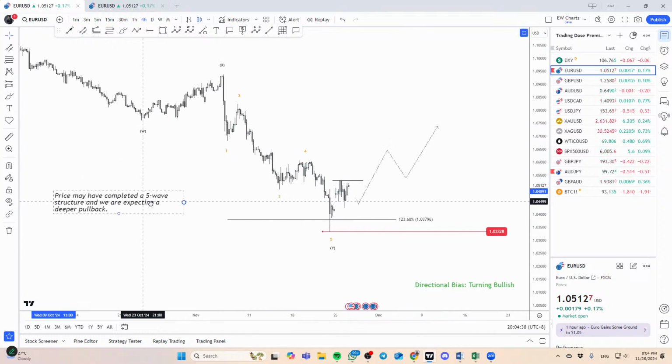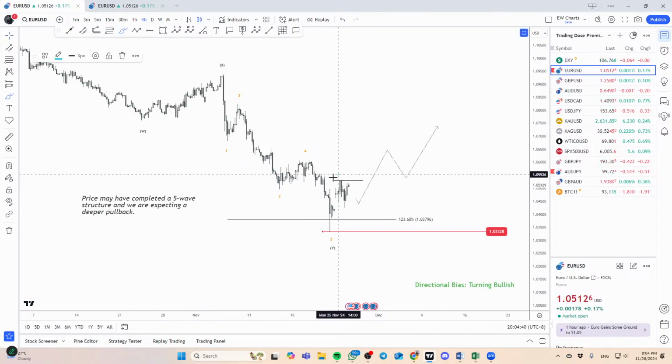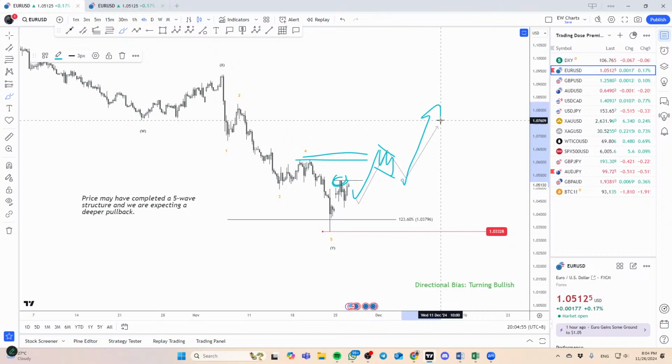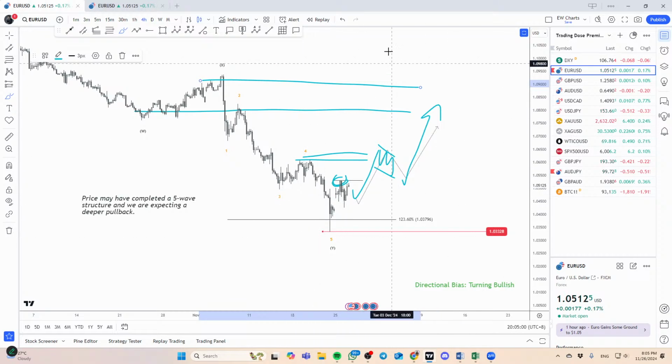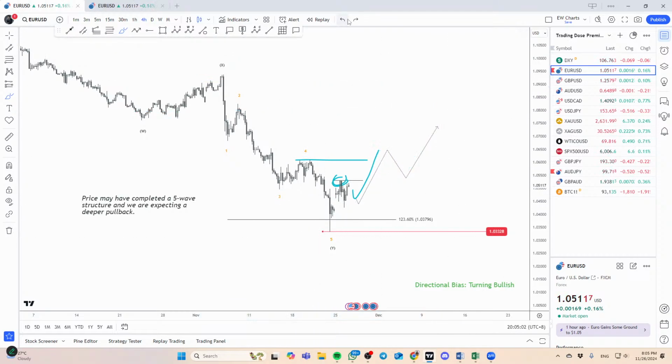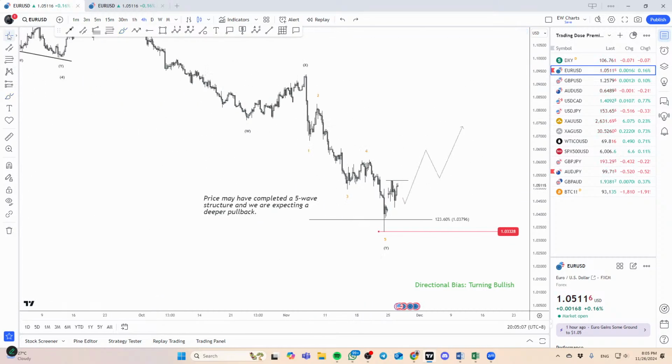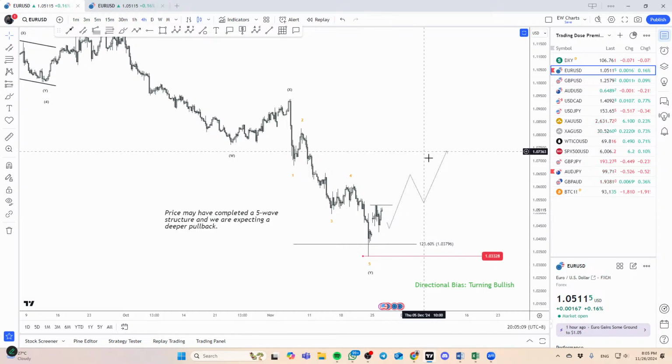And of course, the confirmation is here, right? The confirmation is waiting for price to break this high. If we can take out that high, okay, we might face a little bit of resistance here. But if we can take out this high with momentum, then we might face some resistance here as a pullback phase. We can start to expect a little bit more upside to retest areas around this zone. Okay, so I think this week, as well as perhaps going into next week, we are gonna be riding on dollar weakness, and we'll be seeing a little bit more on the upside. Okay, so that's my take.